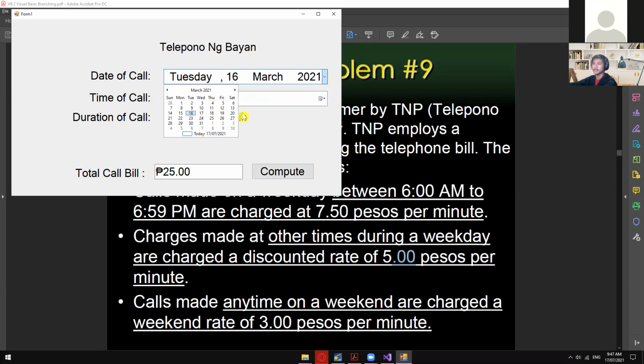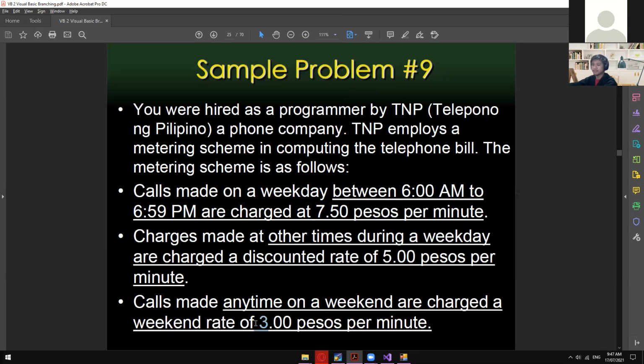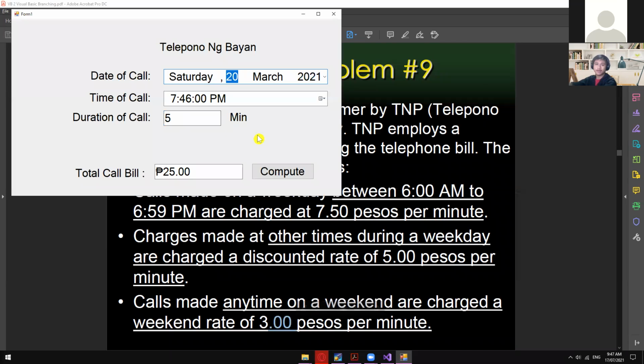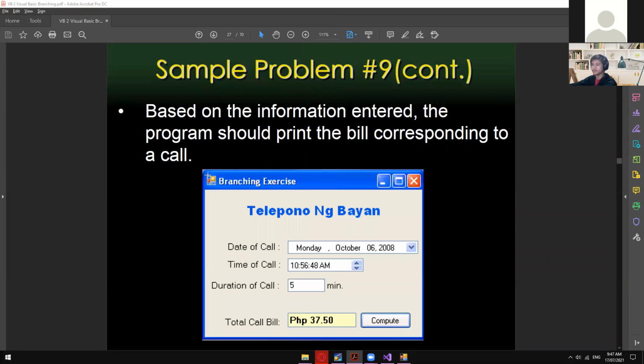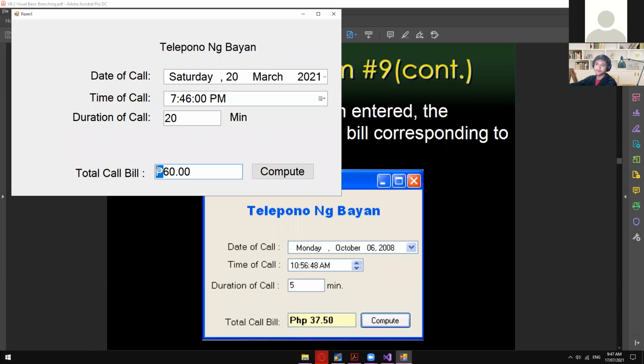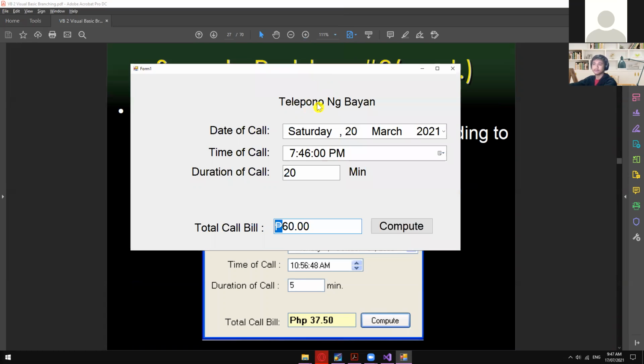So during the weekends, let's say Saturday, March 20, anytime on the weekend, the computation for that one is 3 pesos per minute. So 3 times 5 is 15. Okay, so if it's 20 minutes, then 3 times 20 is 60 pesos. Okay, so again, this PHP right here is now pass sign. Okay,